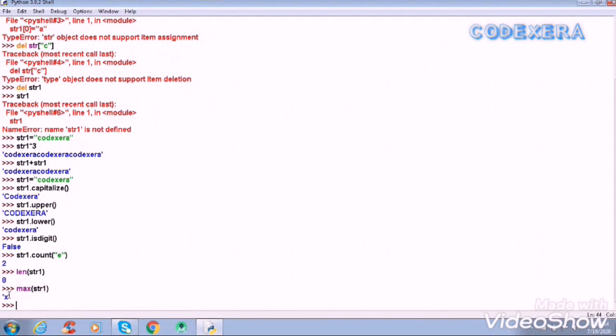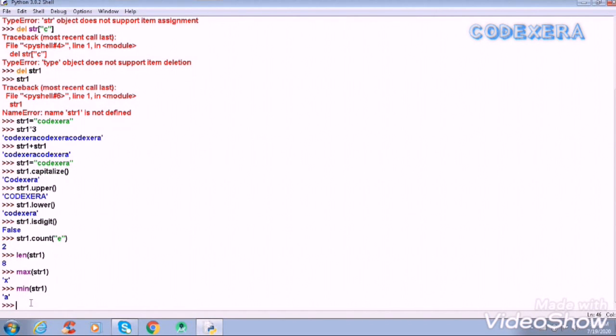Here it shows that x is the max letter, meaning the largest letter in the string in alphabetical order. We can also use min. By using min, we see that a is present there, which is the first element in alphabetical order.